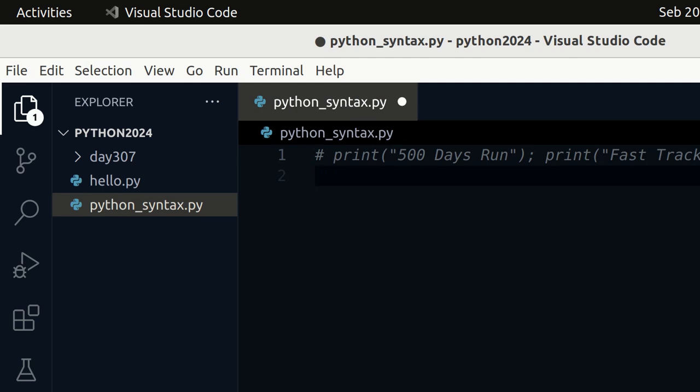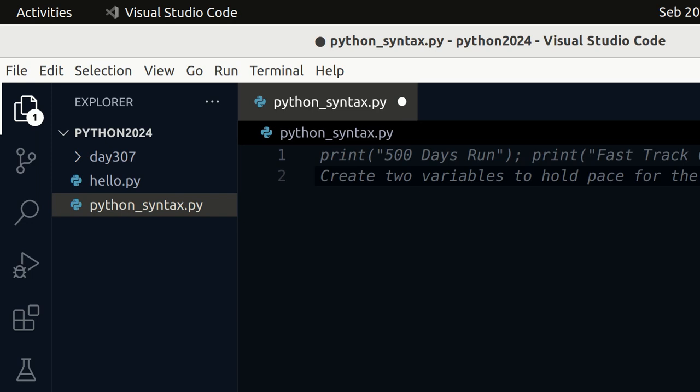So here we want to see the impact of white space in Python. I'm going to create two variables to hold pace for the first and second kilometers.